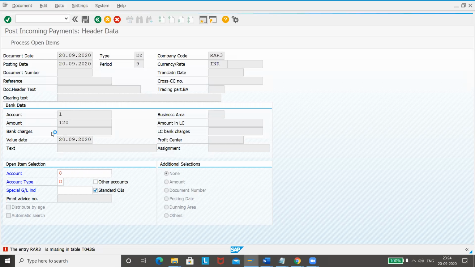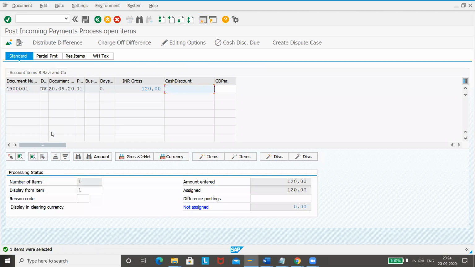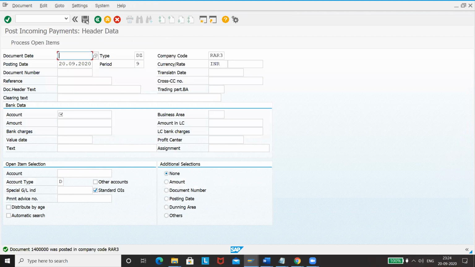Now we try this again. See, this item is selected, balance 0, means everything is taken. Try saving. See, document is posted,